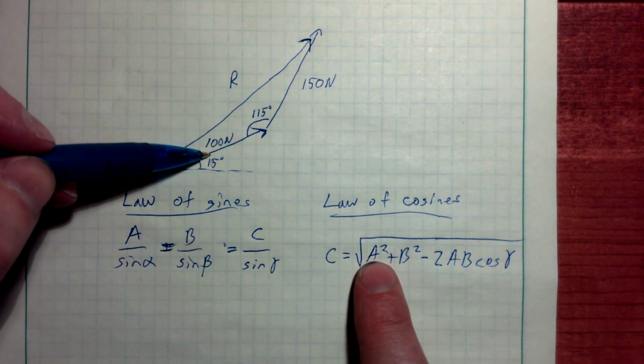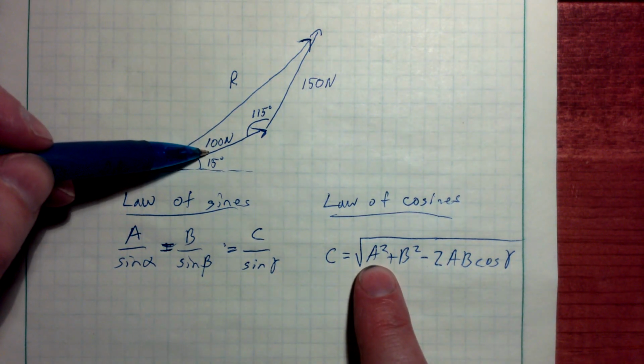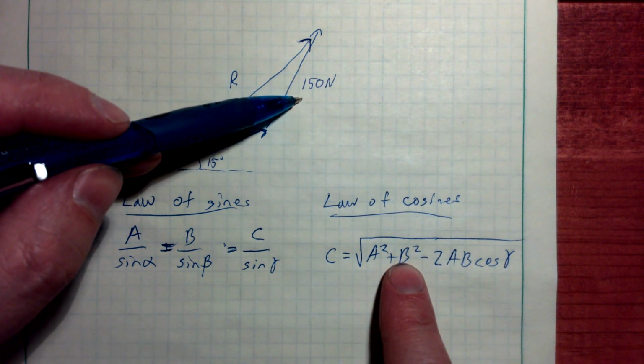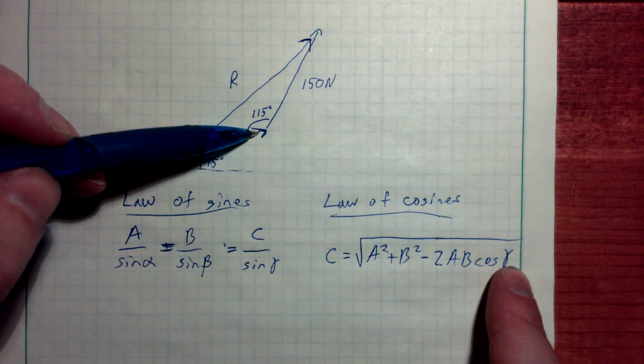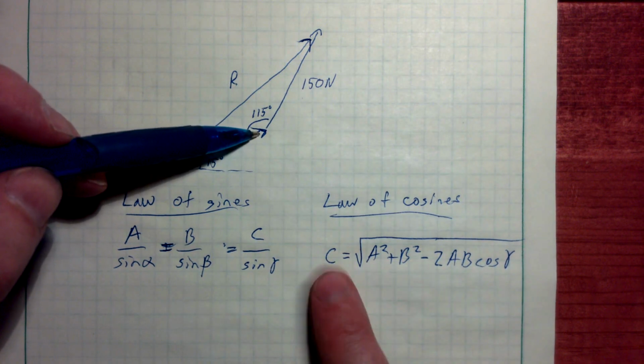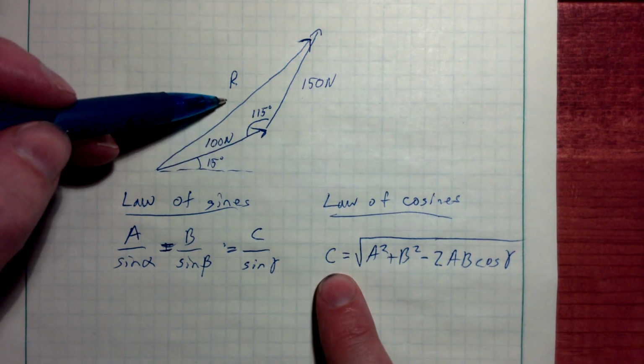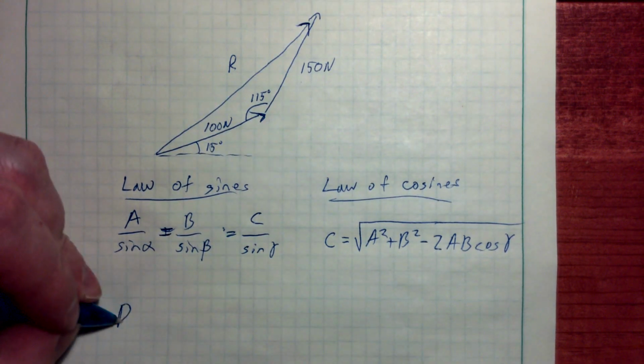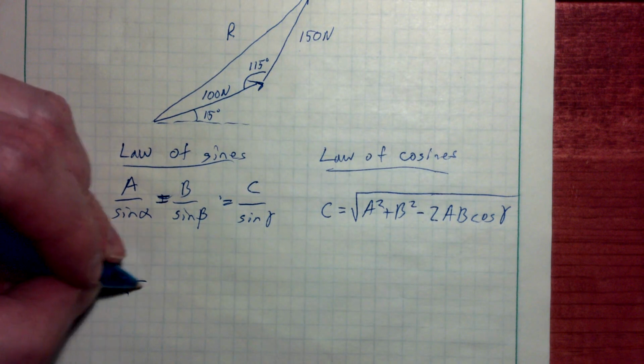Here's what I know. If I call this 100 newtons A and the 150 newtons B, gamma is this 115 degrees. C is my only unknown. That's my result. So this works for any triangle. So what I can do is say, well, that means R, the magnitude of R,